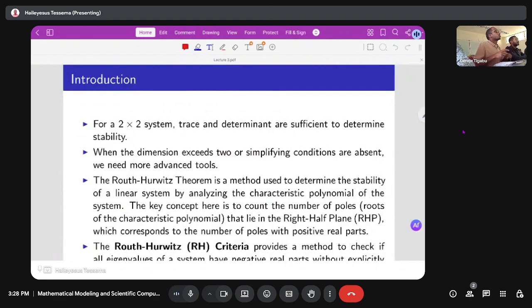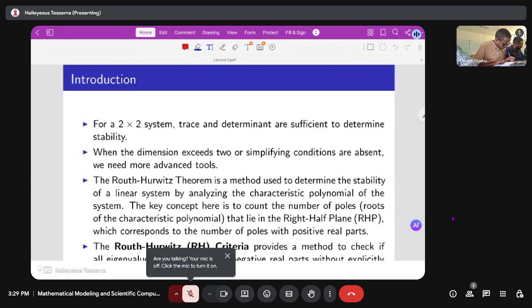In the previous class, we have seen the determinant and trace criteria to show the stability of an equilibrium point, whether the equilibrium point is stable or unstable, based on the sign of the determinant and the trace. But it works for a 2x2 dynamical system. So when the dimension exceeds a 2x2 matrix,